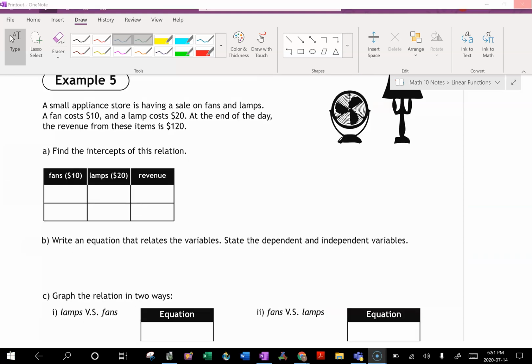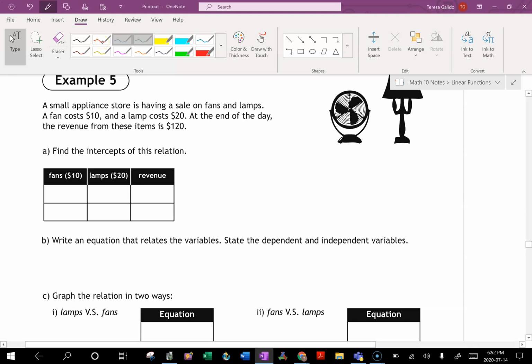Example 5 is an appliance store is having a sale on fans and lamps. A fan costs $10 and a lamp costs $20. At the end of the day, there was a revenue of $120. So if x is the number of fans that were sold, and y is the number of lamps sold,